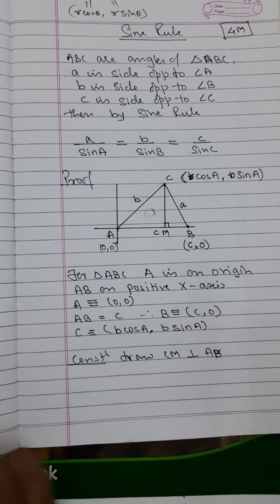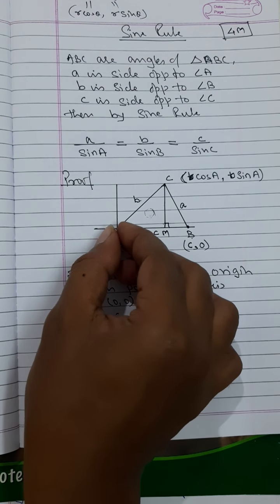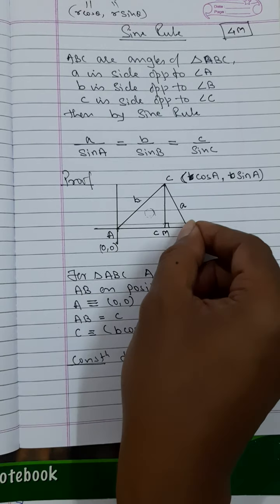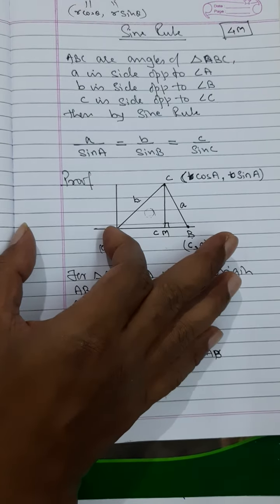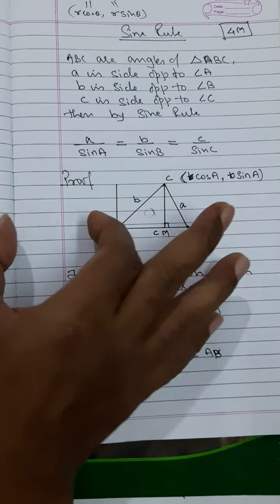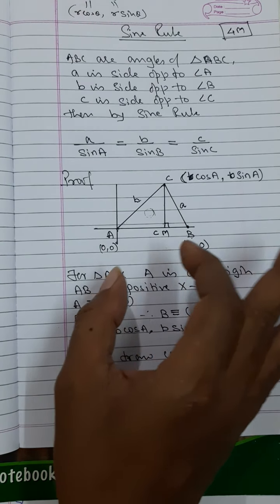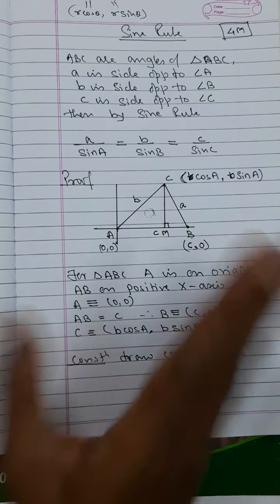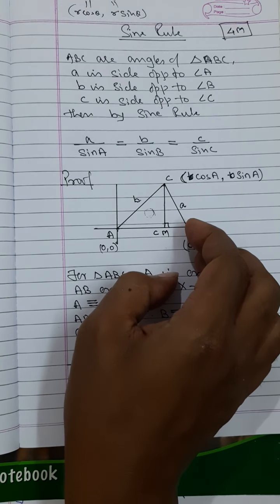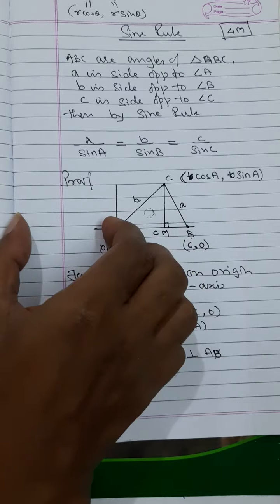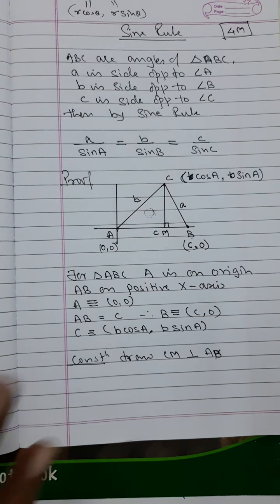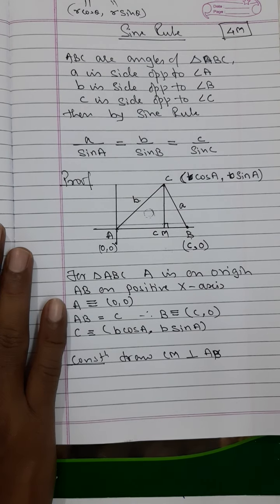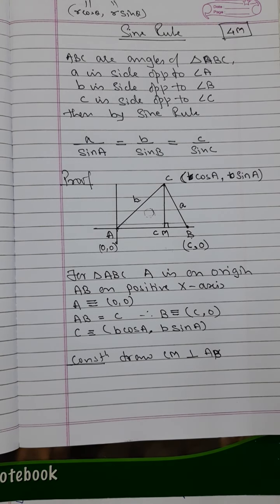Then afterwards, we have to shift the origin from here to B. You consider that you are shifting the origin to B, or you consider that B you are shifting to the origin. In whatever way you shift B to the origin, or shift the origin to B, AB is on the negative x-axis. Once you get that, then the picture will be slightly different. Then again you have to find CM from there.